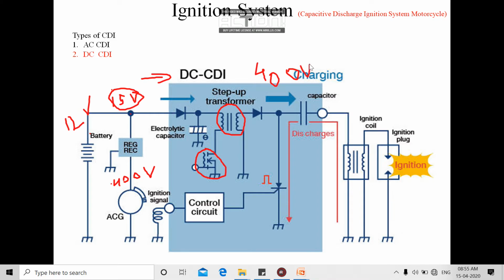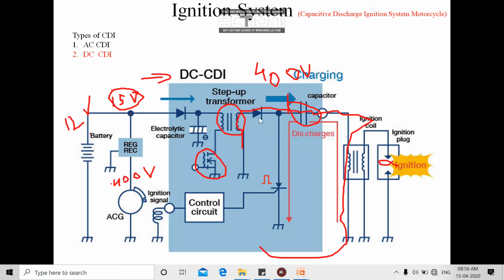Okay, this 400 volt gets developed in the secondary winding here, and this is a diode which again helps control the direction of flow of current. Okay, the capacitor gets charged. Until the capacitor gets charged, no EMF develops, or it's not like that. Magnetic field does not develop in the primary winding. It is developed, but the strength of the magnetic field developed in the primary winding is very low. And due to that, no considerable amount of voltage gets developed in the secondary winding, so that is not sufficient to develop a spark during the charging cycle of this capacitor.